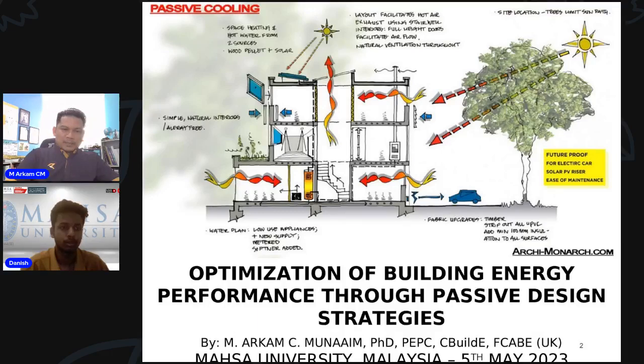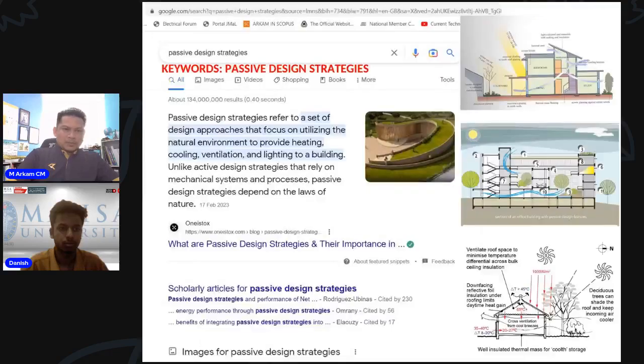Regarding the topic today, we have prepared some slides for your view, as mentioned by the moderator, and we'll try to elaborate on the strategy as well as how to optimize the building energy performance through passive design. I'm from the university as well as the industry. We have conducted quite a lot of research as well as exploration through building services, energy, and also green building. So as a part of my introduction, welcome all to the session today.